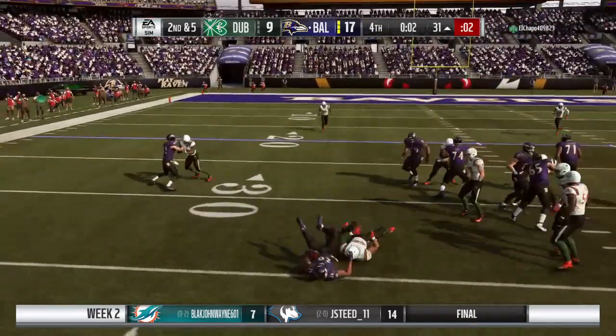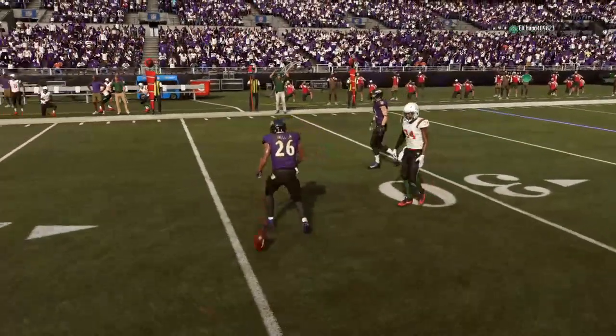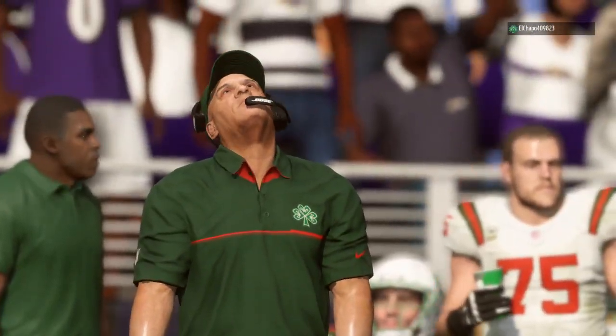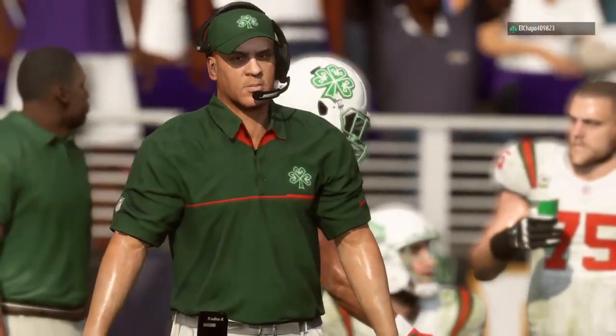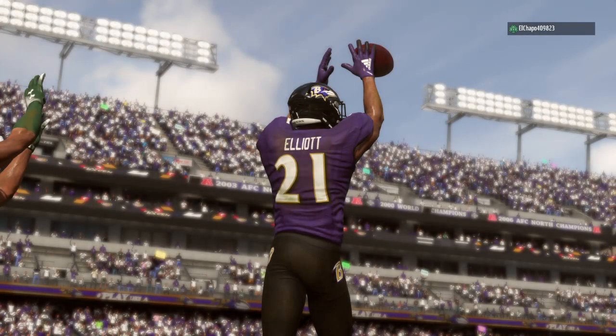And they'll run it here. And he went nowhere. Well, he went backwards, back to the 33. I don't want to overhype it, but this is a big early season game, especially an overtime win. That can give you a big boost going forward in the season. It certainly can, and I don't think you're overhyping it because cliches